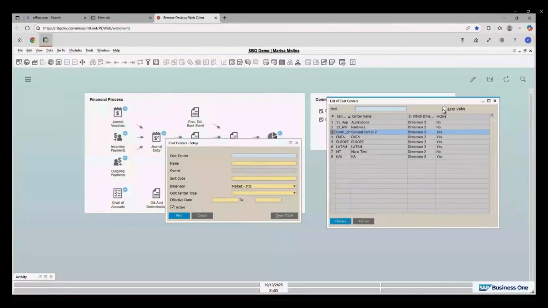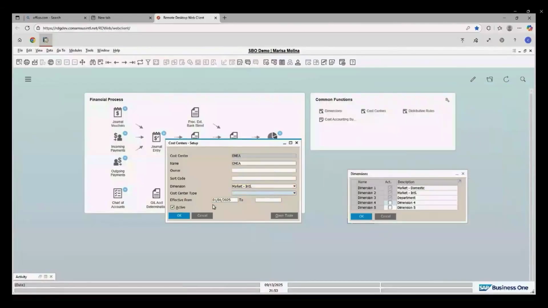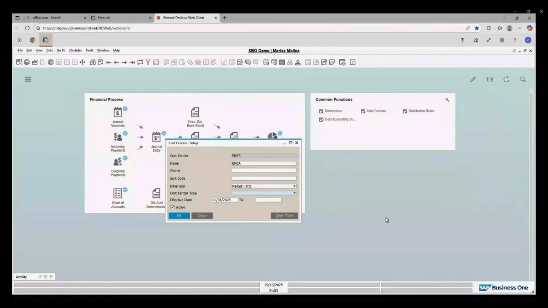So basically, this is what we have. It is critical for you to define what the period is, right? When do you want this to be effective from? So that is absolutely critical. Anytime that you want to create a cost center, it is effective from up until, if you have a valid period, okay? So those are the dimensions.